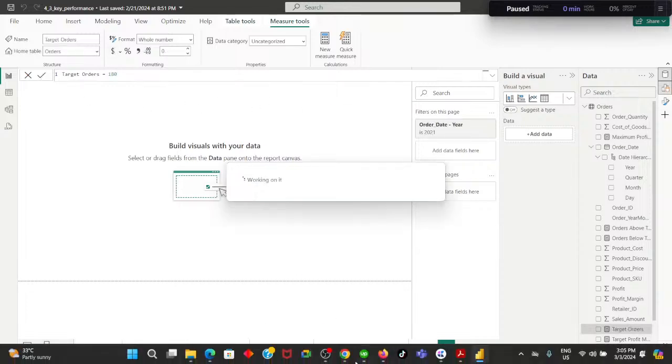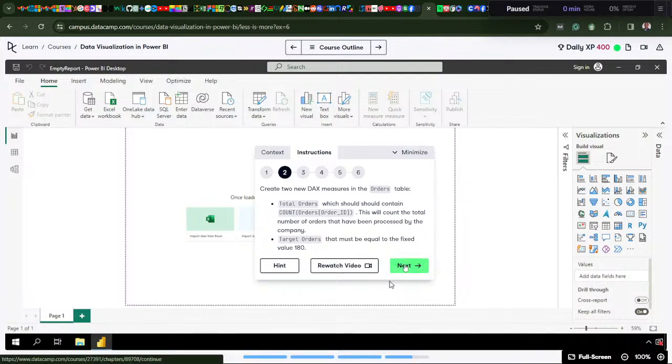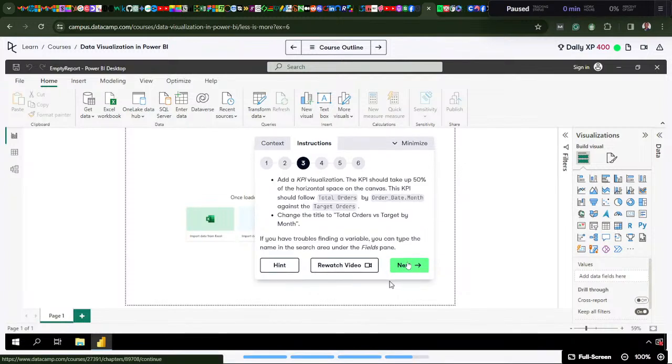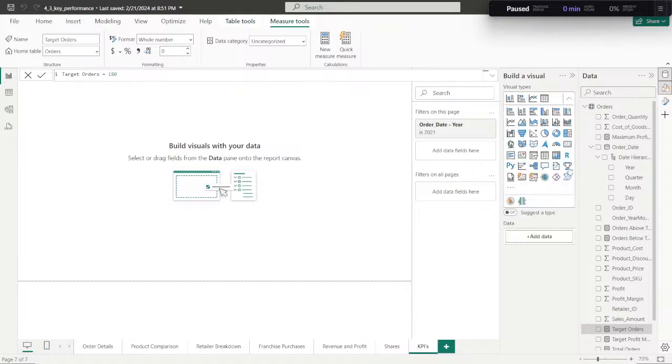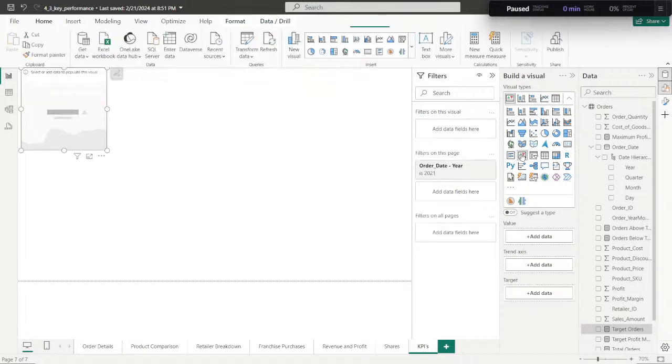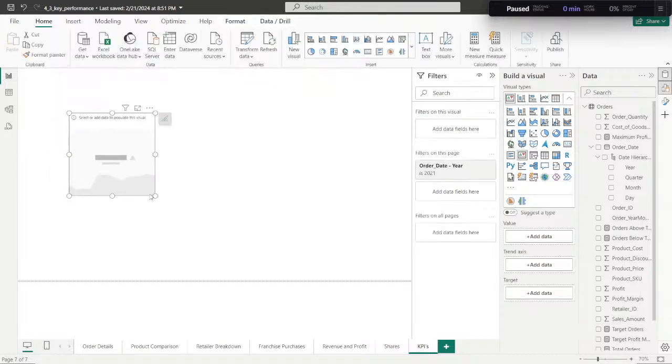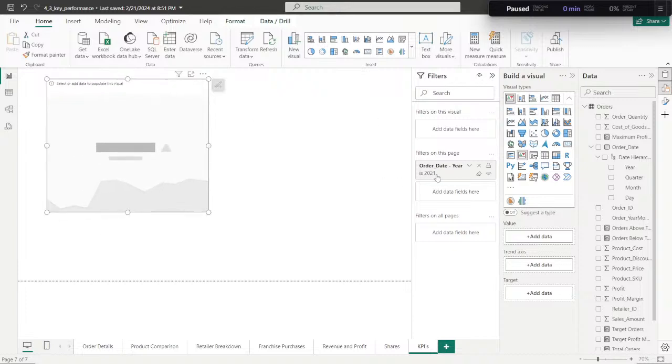I'll just commit that to the visual. So next says add a KPI visualization. The KPI should take up to 50% of the horizontal space on the canvas. So a KPI visual, this is the KPI. We have our KPI added. We'll just make it big. Remember, we want to look at the order year of